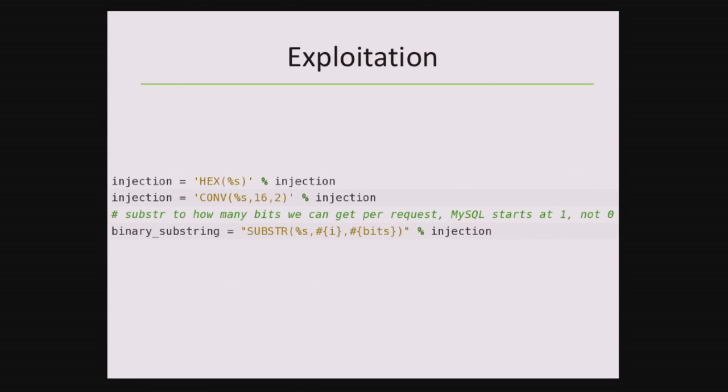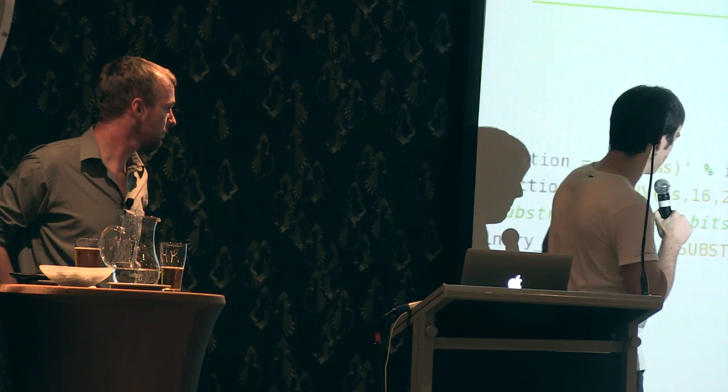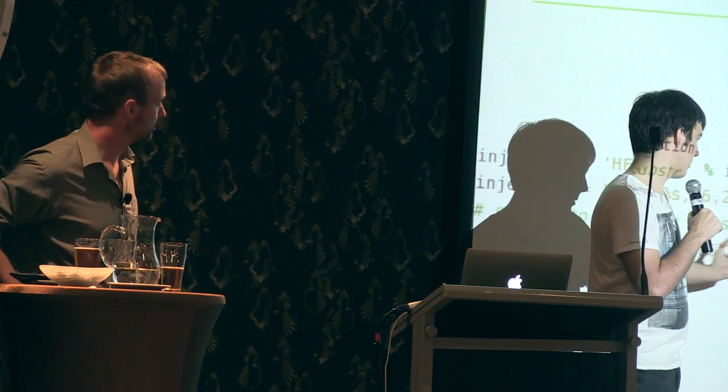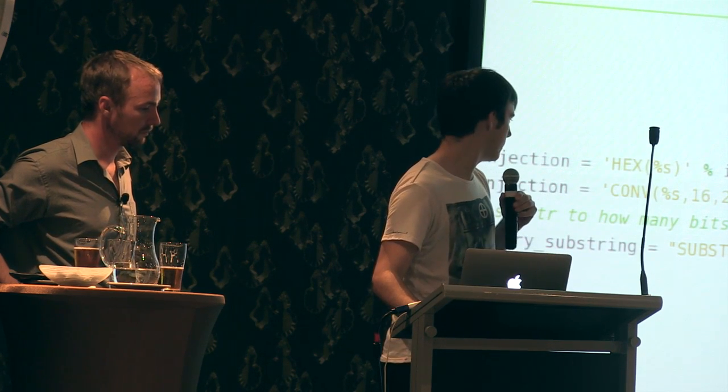The problem here with conv is that it will cap at max integer for MySQL in that system. So what I actually do in my implementation, I use replace and manually change like 0 to 0000 and just create my own conv basically, so that way I can get more bits later on. And then I just have a loop going on here, grabbing like 3 bits at a time and just go to the end. Hard to explain, but